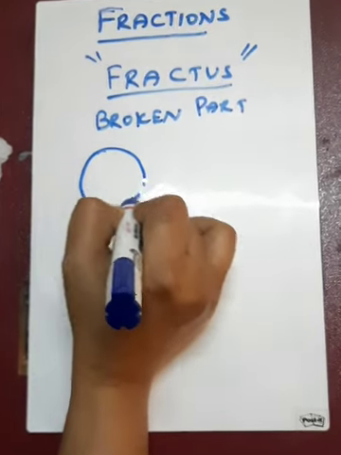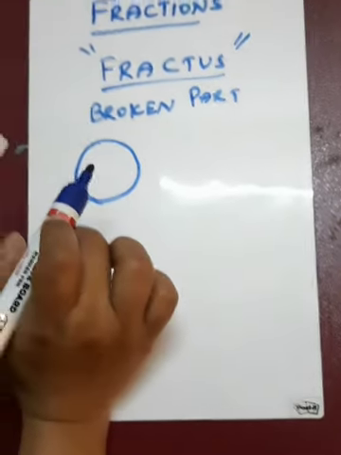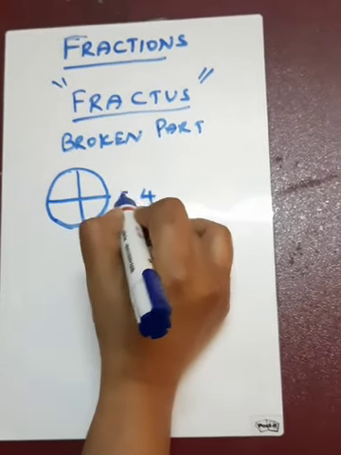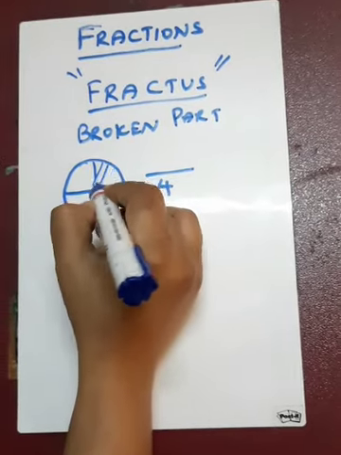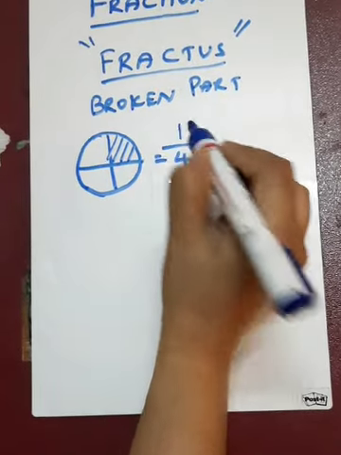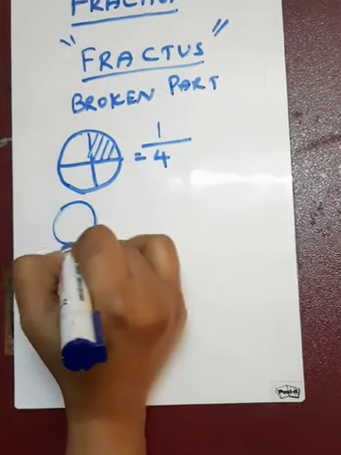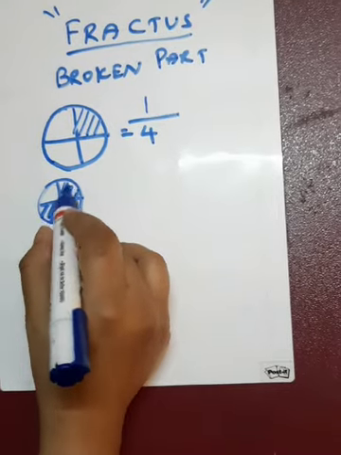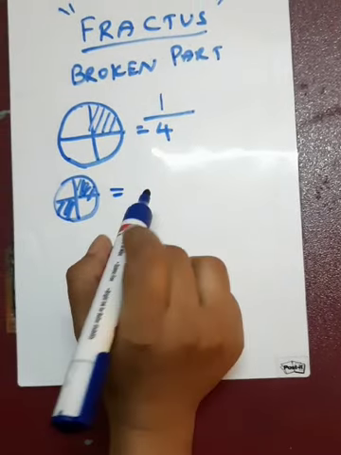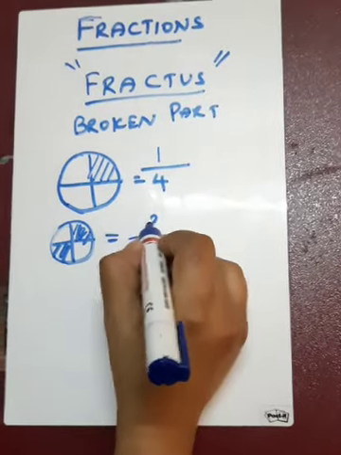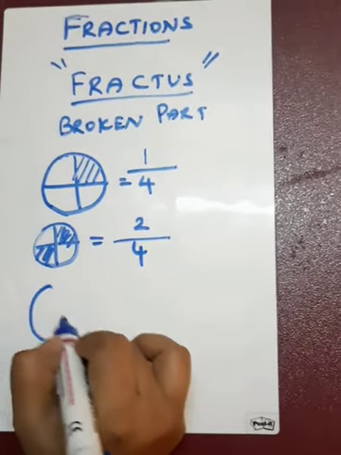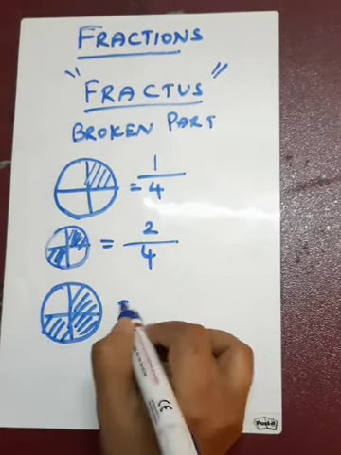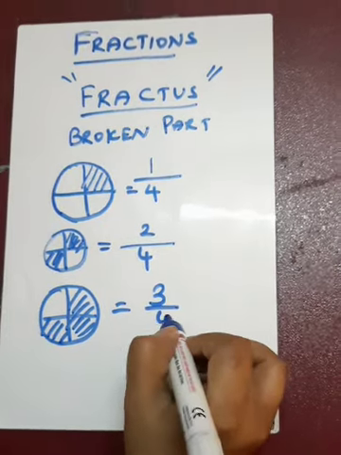Okay, say for example I am taking just one biscuit. If I am breaking it into 4 equal parts, and I share one part with my friend, it will be 1 by 4. If I am sharing two parts, it can be any two equal parts, all these four are equal parts, so this will become 2 by 4. Or if I'm sharing three parts, the fraction of shaded parts will be 3 by 4.